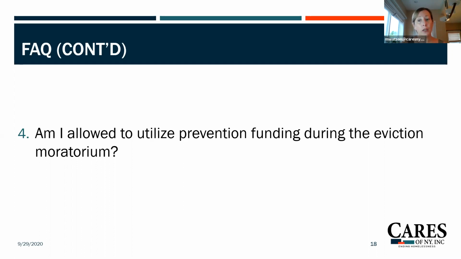If someone is not covered by the moratorium and still at risk of homelessness, in other words, if someone is being evicted for reasons other than non-payment of rent, being doubled up, moving more than twice in the last 60 days, or any of the other scenarios applying to the at-risk of homelessness definition, they are indeed eligible for eviction prevention assistance.